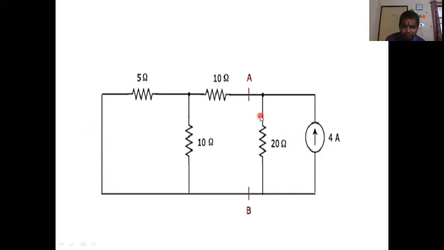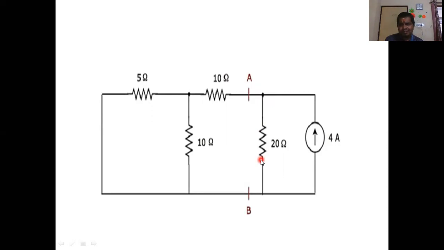This is the modified circuit diagram when you consider the 4 ampere source. Now you need to determine the current flowing in this 20 ohm because of the presence of this 4 ampere. How will you do it? You can again apply any method, Kirchhoff's voltage law or Kirchhoff's current law. Suppose I apply Kirchhoff's voltage law: 3 loops, loop 1, loop 2, loop 3, so 3 equations and 3 unknowns, which you have to solve. It is the lengthiest process. When you go for the node method, you have one node here and one node here, so 2 node equations to solve to determine the current here.